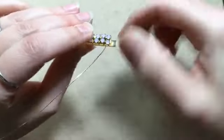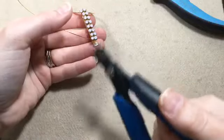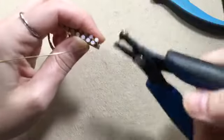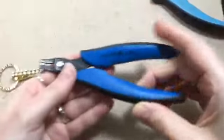Now, before we do the wire wrapping, we're going to do one more thing. We're going to go ahead and punch the hole here. The reason we're doing this now is because it takes a lot of pressure to punch the hole, and I don't want it to mess up the shape of our flat artistic wire, right? So I would rather mash on it now than after we've actually gotten it secured with our 24 gauge wire. So I'm just using a metal punch, and you can see mine is a million bazillion years